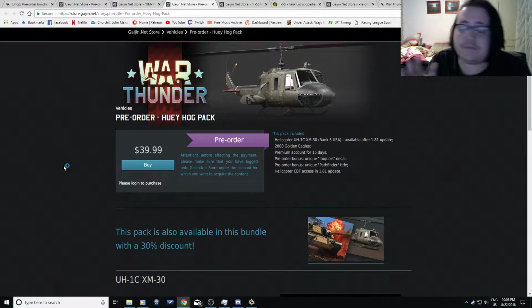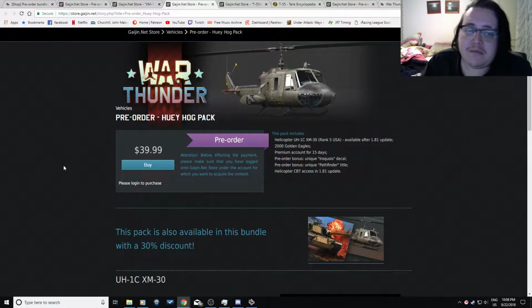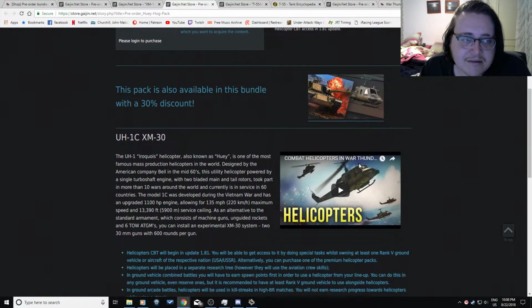So anyway, with the Huey, you get the Huey UH-1C XM30, which is a rank 5 American helicopter. I'm pretty sure it's 9.0 BR, but that can change, of course. Get premium account. You get a pre-order unique decal, Pathfinder title, and you get, of course, closed beta testing. So the UH-1C...